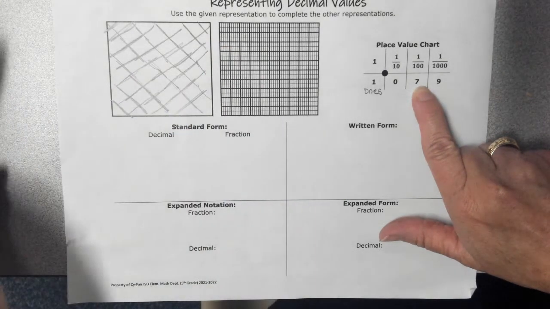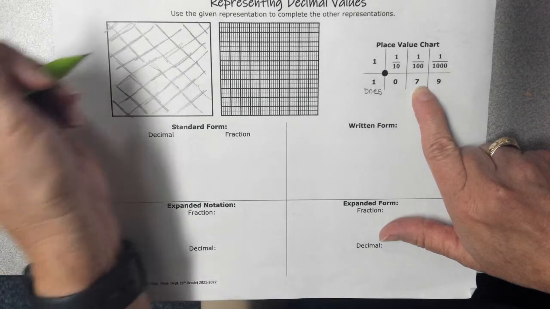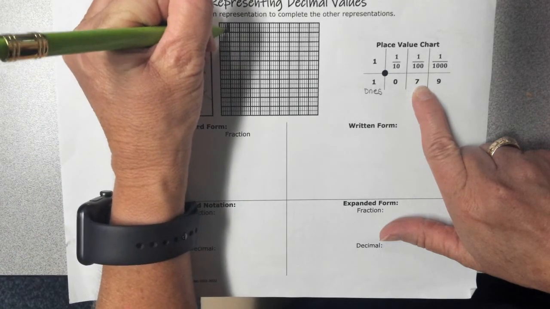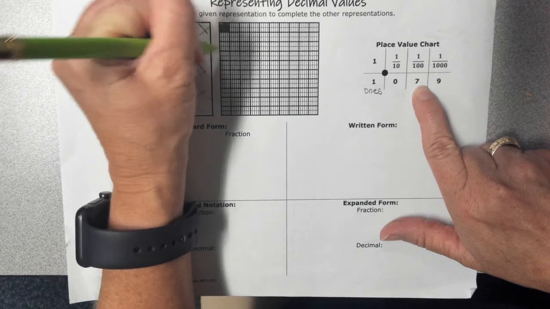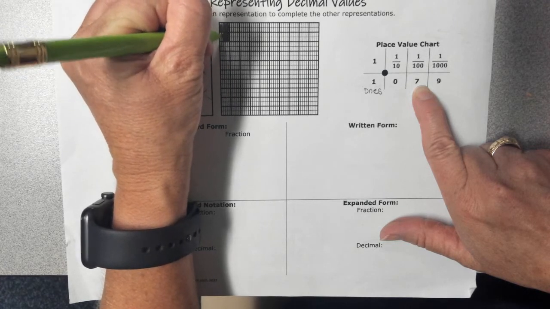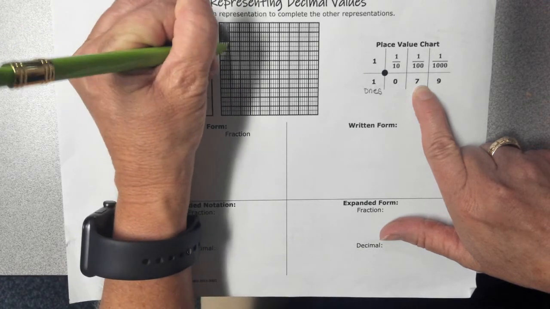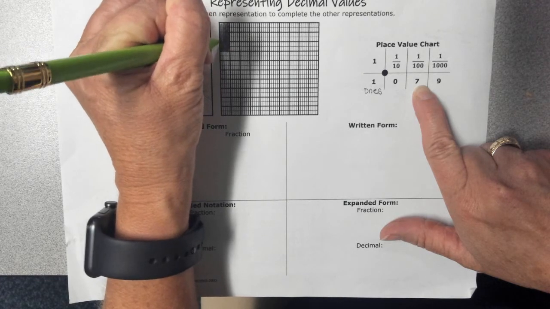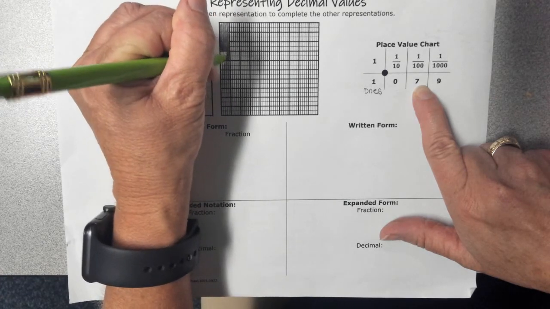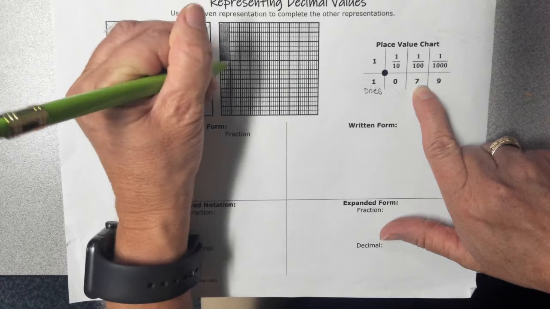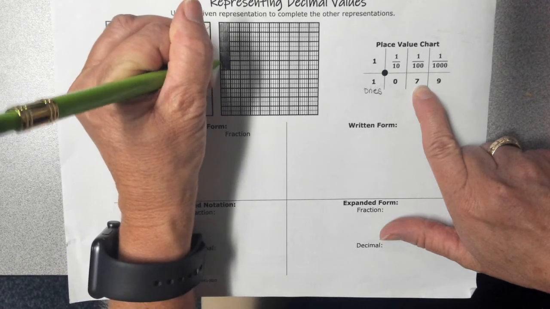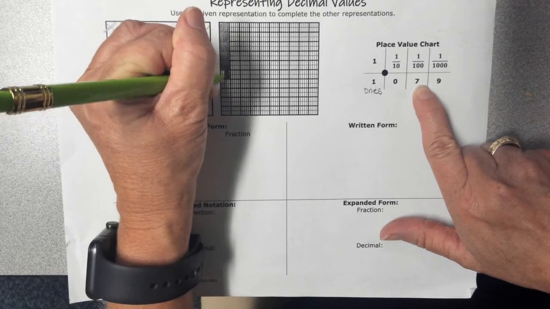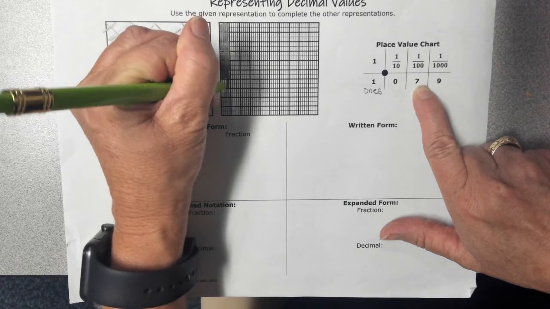So right now, I'm going to go ahead and shade in 7. So there's 1, 2, 3, 4, 5, 6,